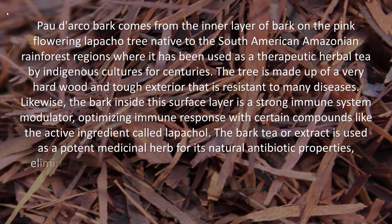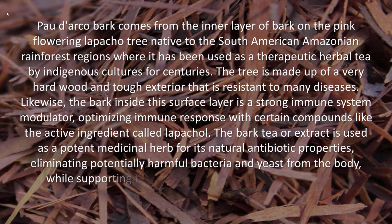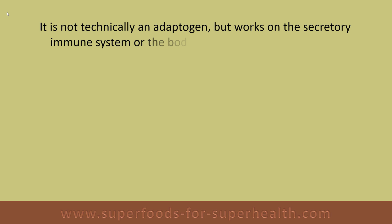The bark tea or extract is used as a potent medicinal herb for its natural antibiotic properties, eliminating potentially harmful bacteria and yeast from the body, while supporting the growth of beneficial microbial strains. It is not technically an adaptogen, but works on the secretory immune system or the body's first line of defense